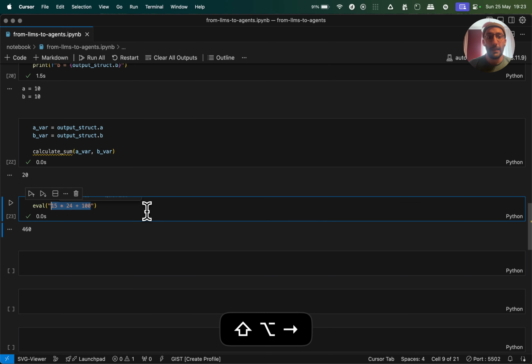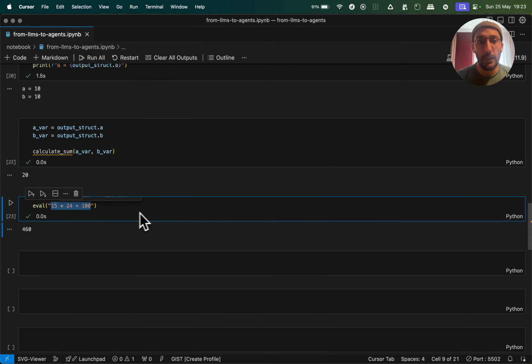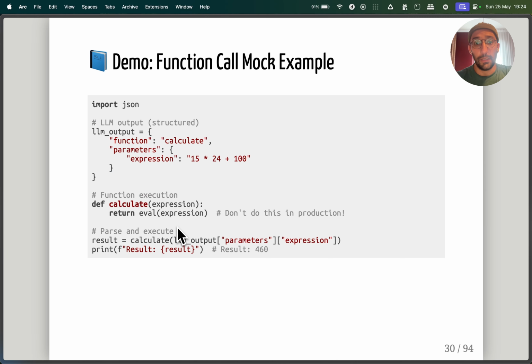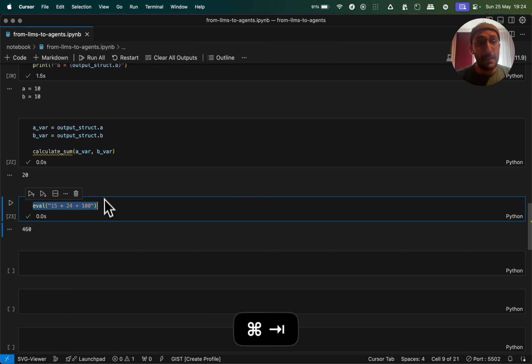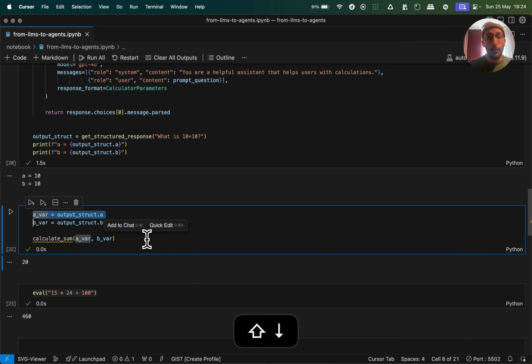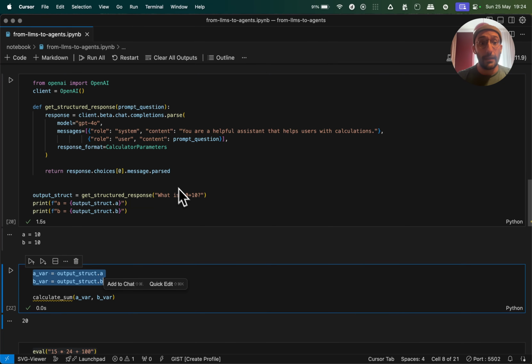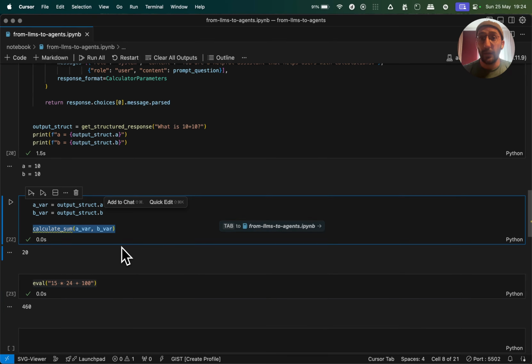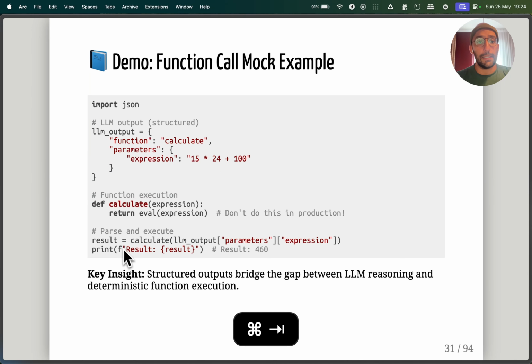Because this is something that can be directly executed if we call this in Python eval, and there are a few different ways to do this. The point is we can turn this into action and into code and execute it immediately, right? And that's what this example here is showing. We can execute this structured output that we get from the model. And I did a different example over here where I obtained it with the data structure that we created here. And then we use the calculate sum function to just run the sum, right? So similar idea, similar examples.